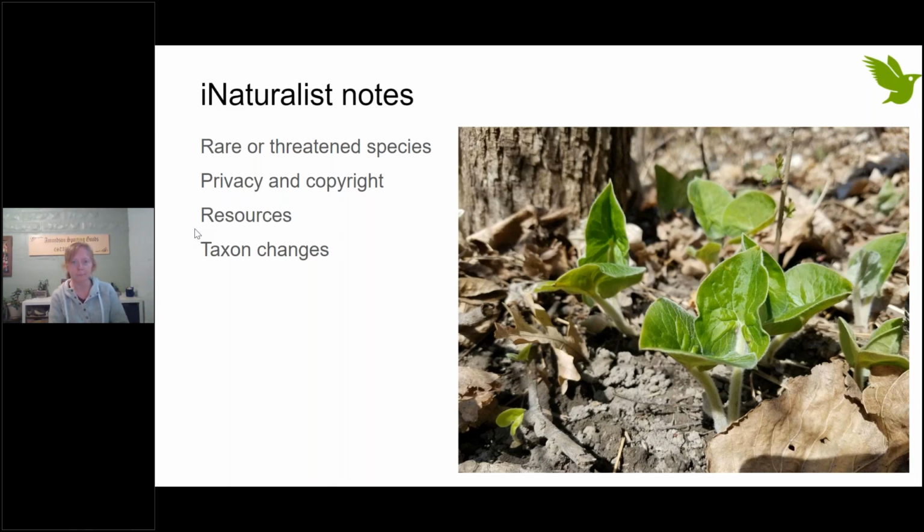The last thing that I'll point out that iNaturalist handles automatically is any changes in taxonomy. For plants, maybe not super recently, but since I was in college and did the bulk of my native plant identification, I know that things like Joe Pye weed have changed. False Solomon's seal, they just redefined that taxonomy. iNaturalist will automatically correct that and move things to the place they need to be. So you might notice a change, but you will always have a notification if something like that